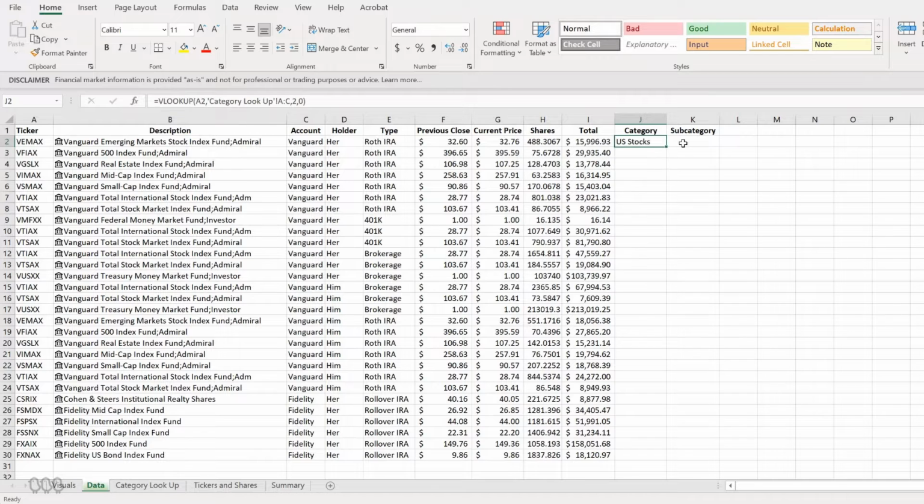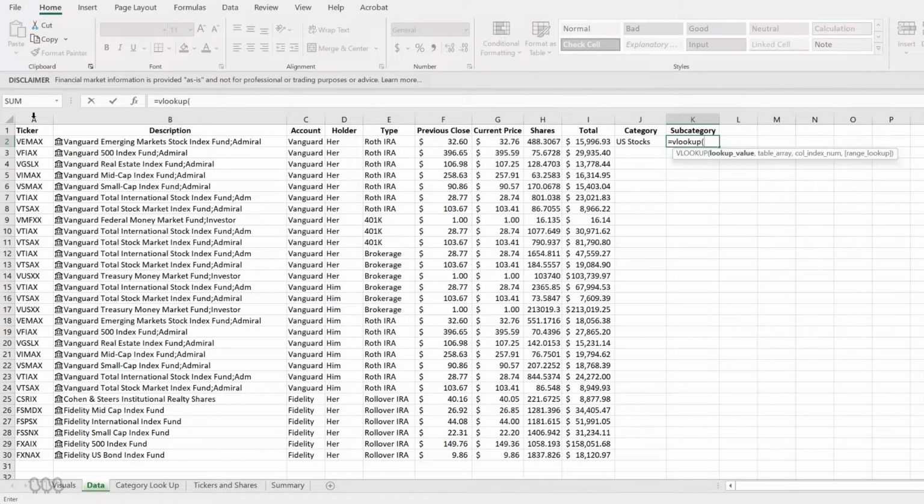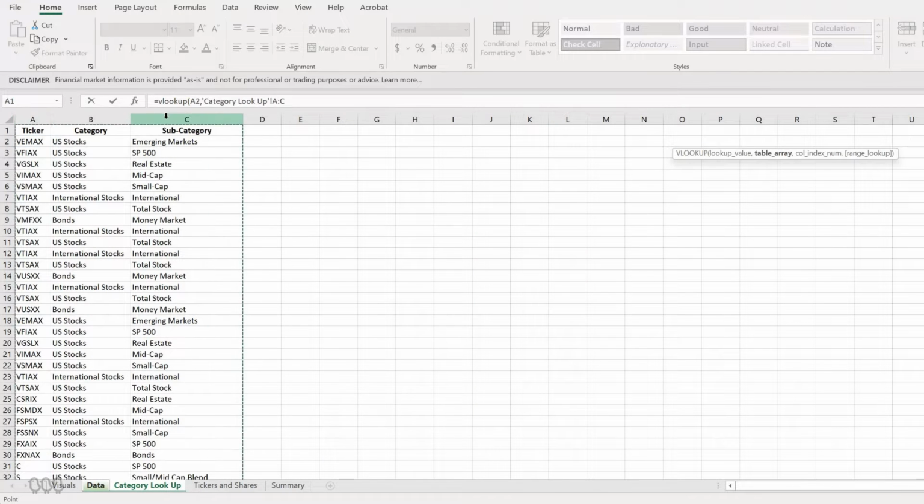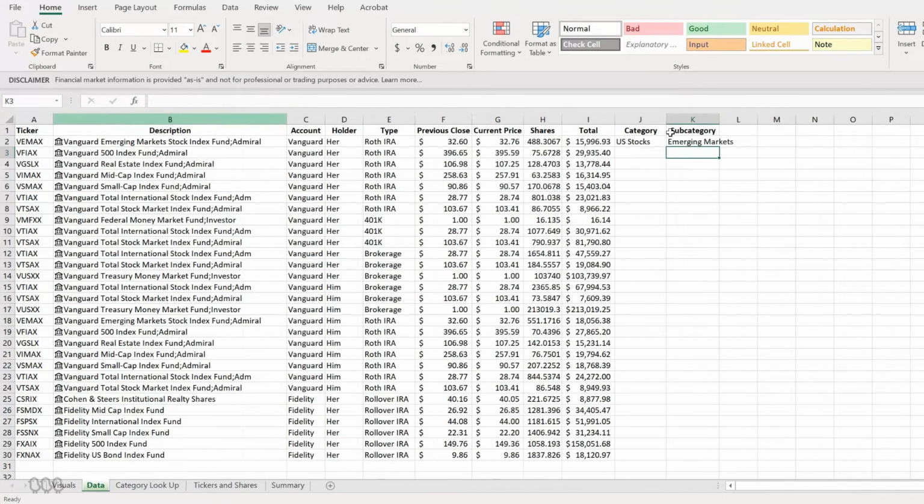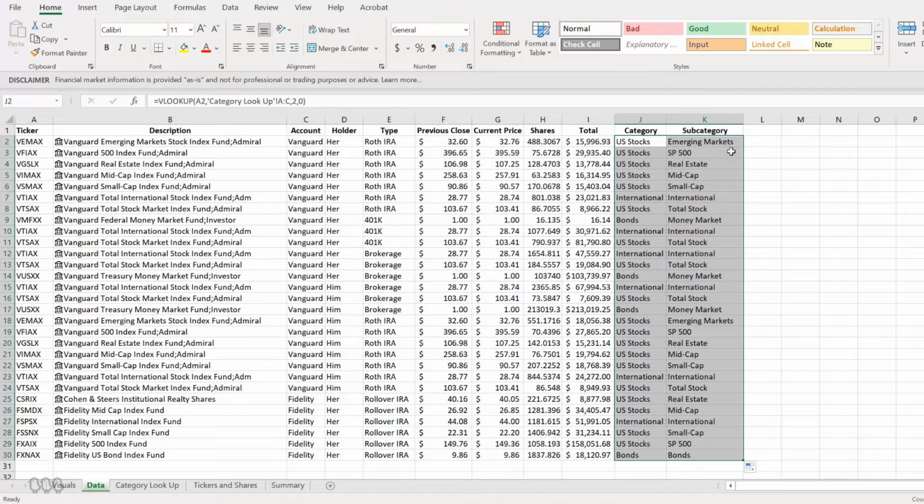And so we've got our category, and let's go ahead and quickly do subcategory while we are at it. So let's just do another VLOOKUP. We're just getting a lot of practice here with our VLOOKUP. So let's go back to our category lookup, select that. And then this time, remember, we're looking for column 3 and we want an exact match, 0. There we go. We have our category and our subcategory. Select those both and use our autofill handler to just double click and it'll bring that down.